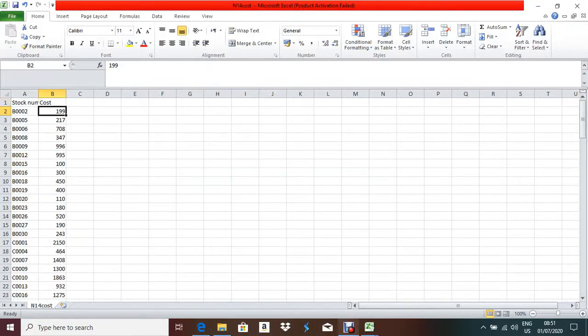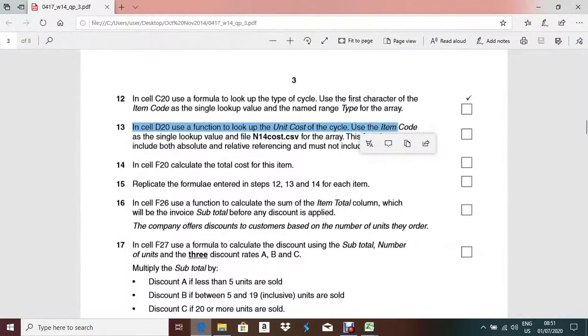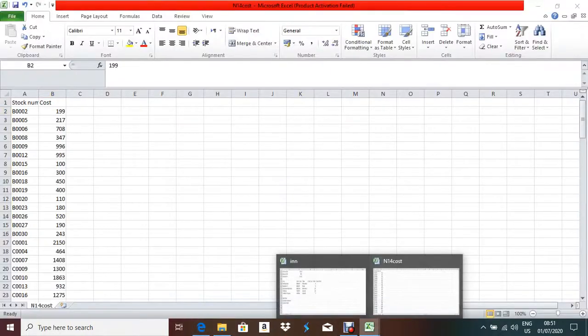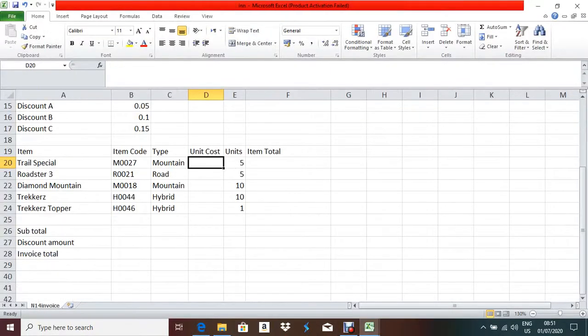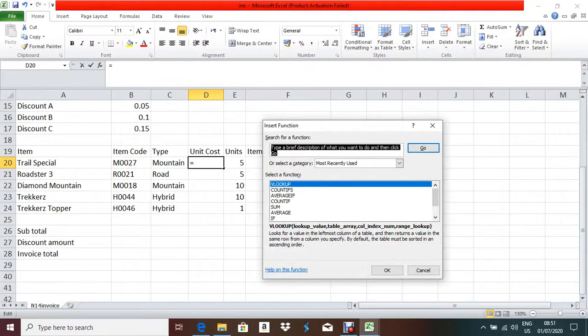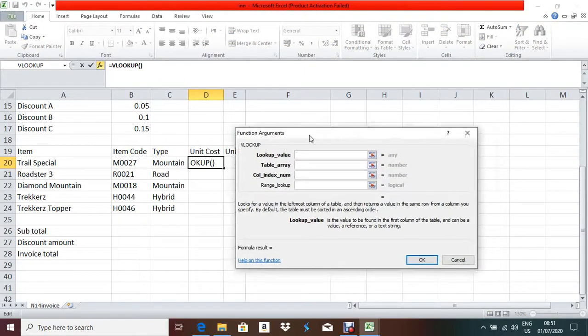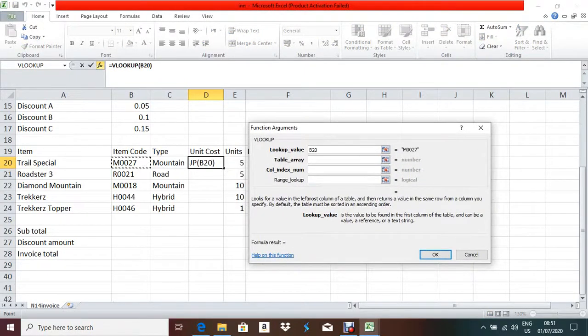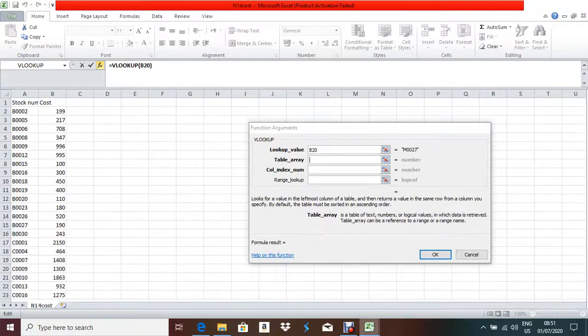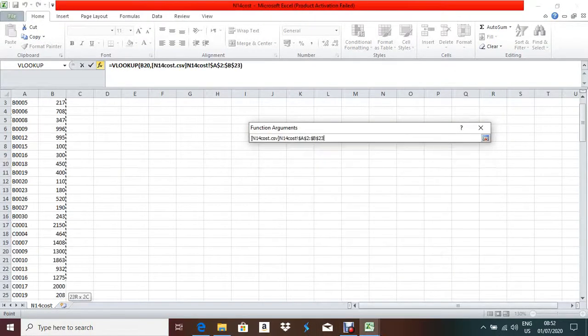In that case we have to go to our main table. Now here you have to use VLOOKUP. The lookup value will be the item code, and the table array will be that table. We have to select that table, except the heading, all the data up to 2 columns.